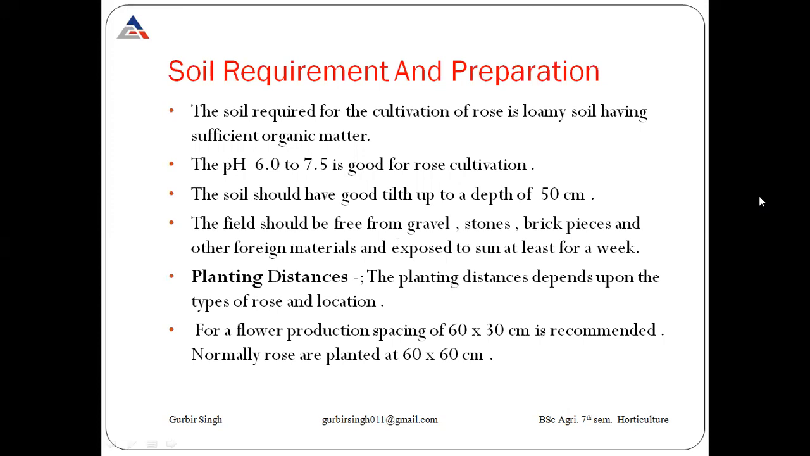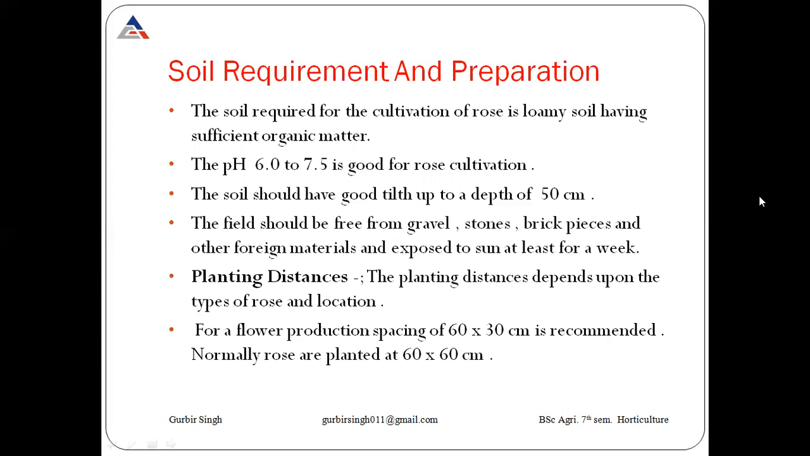Soil requirement and preparation. The soil required for the cultivation of rose is loamy. The soil should have sufficient organic matter. A pH of 6 to 7.5 is good. The soil should have tilth up to 50 centimeter. The field should be free from gravel, stone, brick pieces, and other foreign materials, and exposed to sun for at least